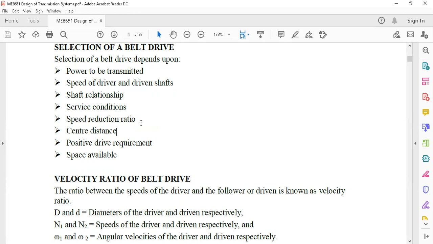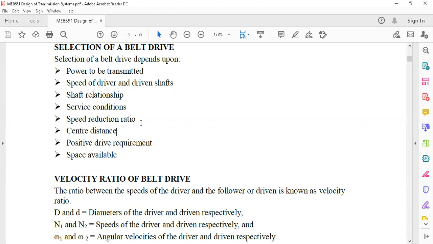And likewise, whether the requirement is a positive drive or a negative drive. If the number of teeth added is much more, it leads to a reduction of the drivers, and reduction in the sense it gives a negative drive requirement, and the space availability is also much less. That is the main concept of the selection of belt drives in the systems.